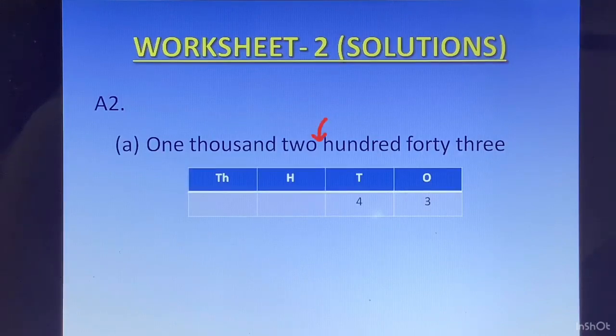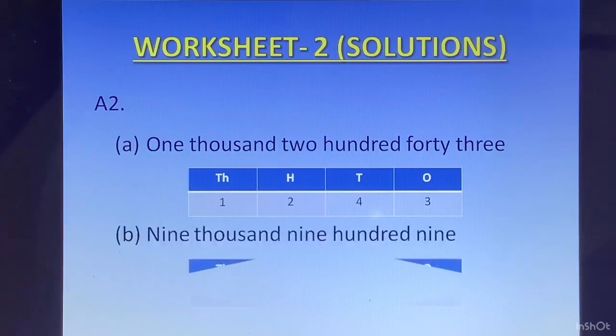200. 200 means 2 hundreds. Under hundreds column we will write 2. 1000 means 1 under thousands column. This gives us the number 1243. Next one,